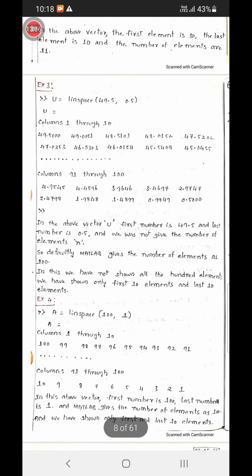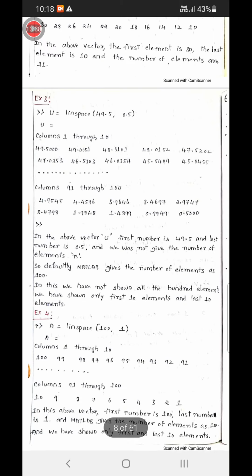Same example for different numbers. See example 4. For better understanding, see the example: A assignment line space 100 comma 1. 100 is the first term, and 1 is the last term. Here also we are not mentioning the number of elements.